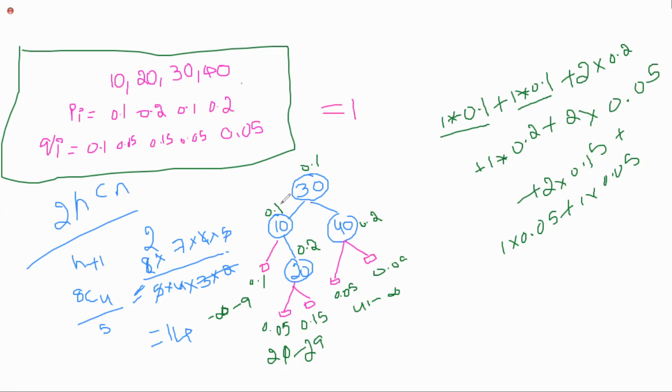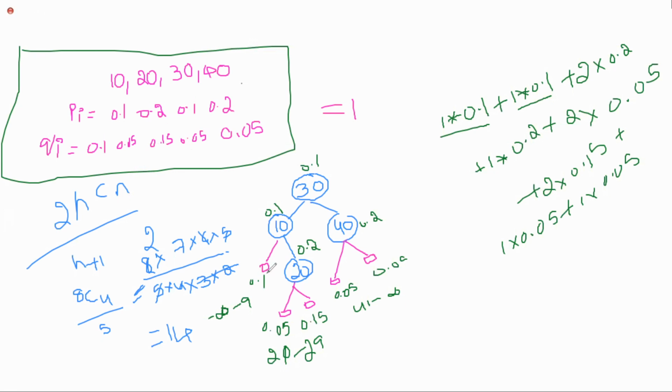If you want to find both the successful and unsuccessful search probability of the given tree, how can you find it? Here, if you want to search for 9, assume, how much time will it take? 30, not equal; 9 is less than 30, so come to the left-hand side. 9 is less than 10 and does not match 10, so come to the left-hand side. Now you have reached the square box, which is a null node. This root node, I am assuming, is the 0th attempt; we will consider only from the first attempt.